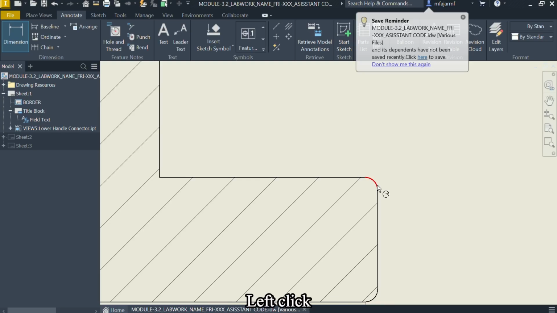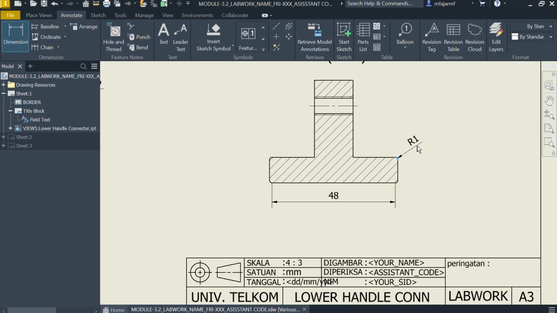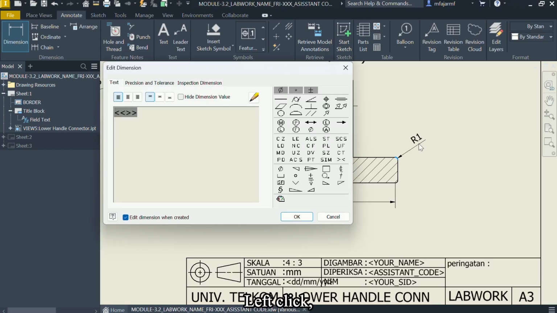After that, left click. Drag the dimension to the upper right side. Left click. In Edit Dimension, click space X space 4. After that, click on OK.